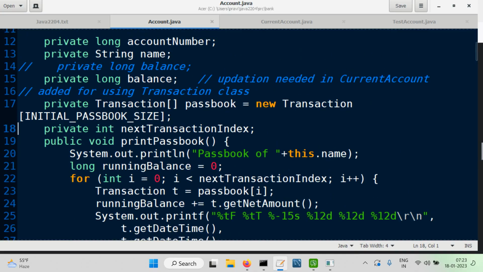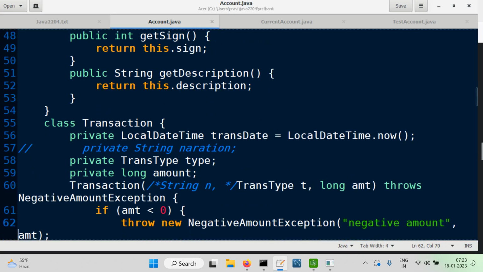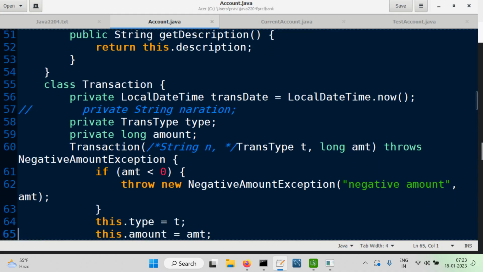So our main idea was that we would like to have a class called Transaction as an inner class. This was the main purpose: whenever someone does a deposit or a withdrawal, or if there is a penalty, anything which affects the balance, an object of Transaction should be created. It's a transaction, something which goes in a passbook. Transactions are entered in, or managed in, a passbook, and because we have to manage it for each account, therefore we said, okay,